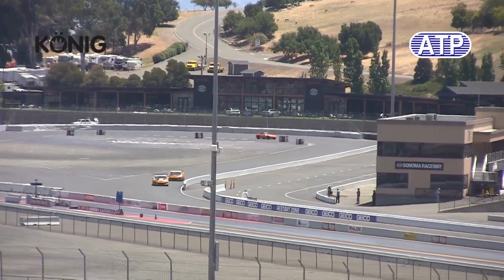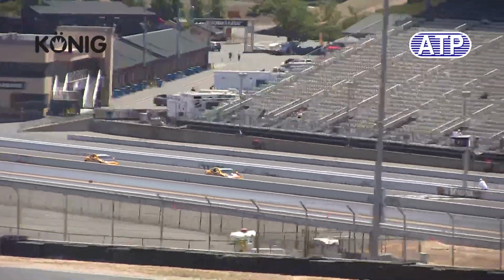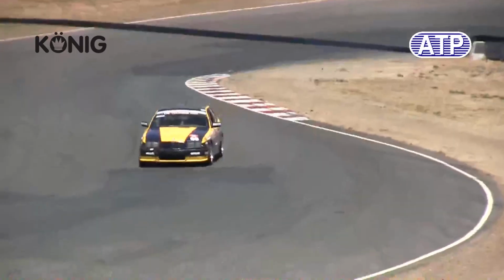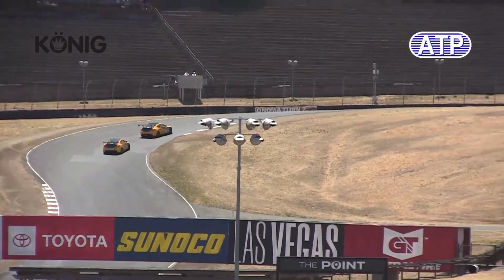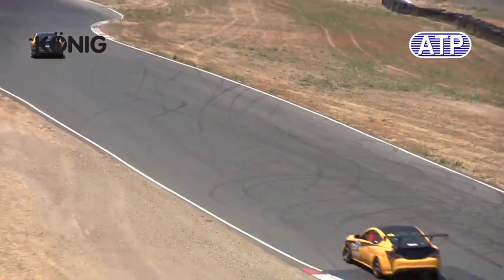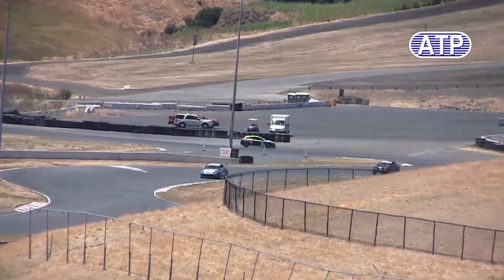He does leave him room, but he's getting himself set up for turn 1. And of course, he apexed that same property. Now he's going to get a better run going up the hill, which is going to close that door for turn 2 to Ken. As you can see, he's visibly putting some distance between himself. Now that is an old seasoned veteran right there. That's a veteran move. Not just pass somebody, but basically suck up the next potential passing zone. It's going to be very difficult to try to pass in turn 3 and 3A. Next shot is basically going into